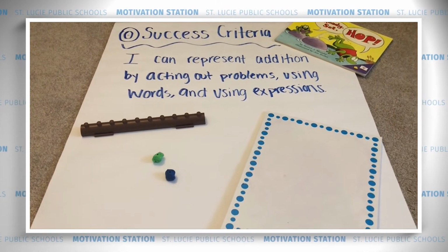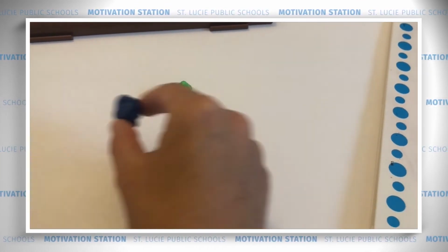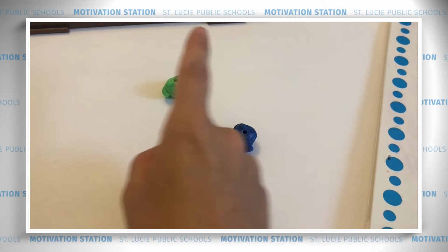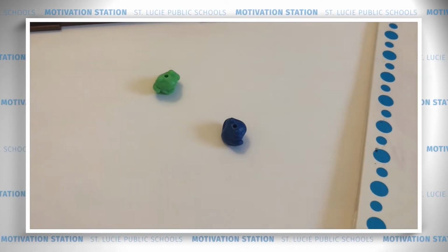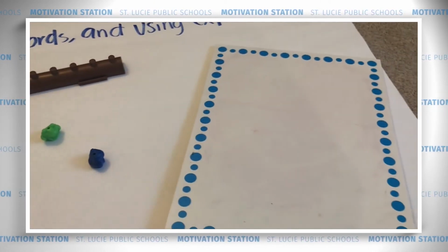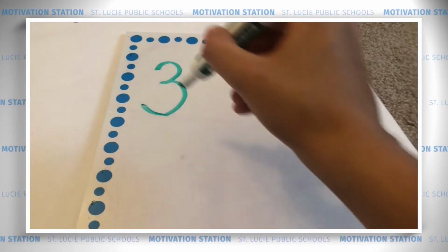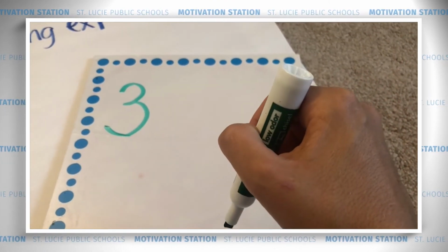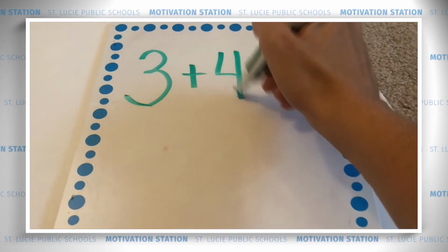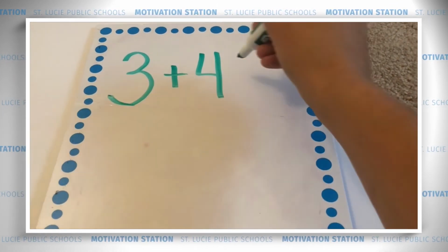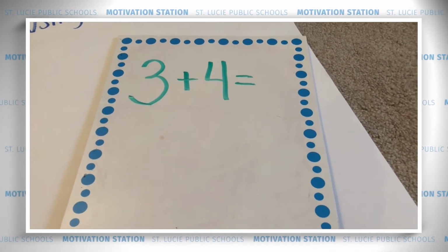For our first equation, this little frog is going to jump 3 jumps. 1, 2, 3. And this frog is going to jump 4 more than him. So let's build that equation. If the first frog jumped 3 jumps and the second frog jumped 4 more, we're going to have to add 4 to our first number. 3 plus 4 equals,